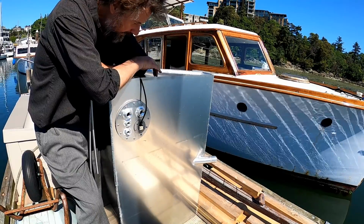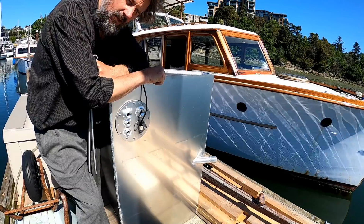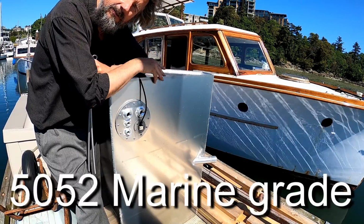No, I don't. So the tanks are, did I forget the alloy? I'll get it to you. I'll probably put it right down here in a little text or something. Anyway,